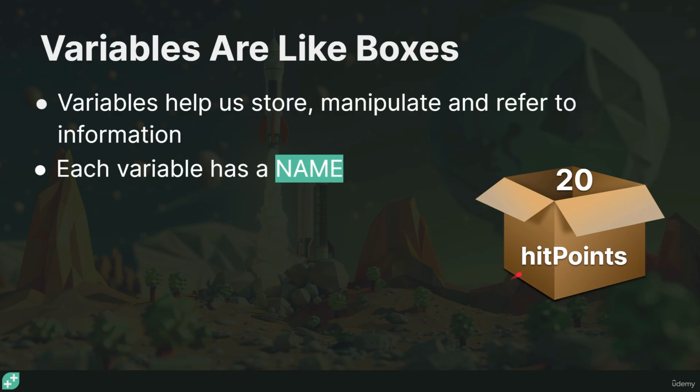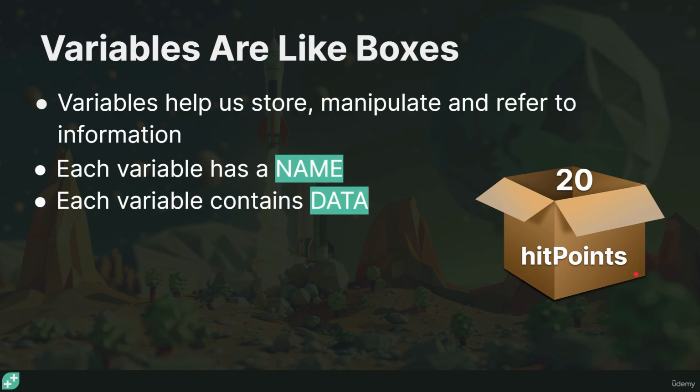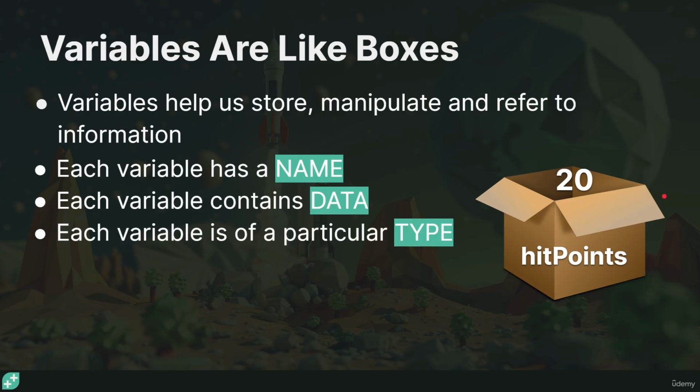Each variable has a name, in this case hit points. Each variable contains data. In this case, there's a 20 in there, but that can change. And each variable is of a particular type. So when we're using a whole number, like 20 or 30 or 52, that's called an integer. And we would declare that or write that in our code by starting off with the word int, which is